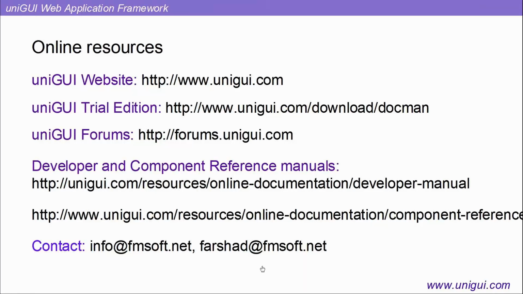So there are some questions here about if you had any case studies with larger companies that are using UniGUI. Yes, actually there are a few companies that I am aware of. They are using UniGUI in large scale projects